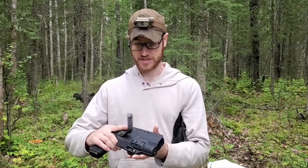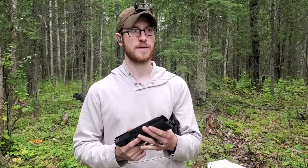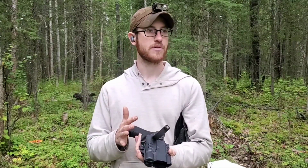So today we're going to be going over the WERKZ M6 holster system. This has been my primary way of carrying a gun for the last little bit less than a year and a half. Now this will be kind of an overview, kind of a review, because I do have experience and